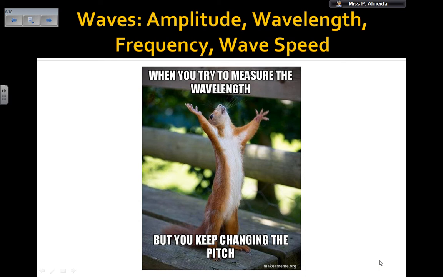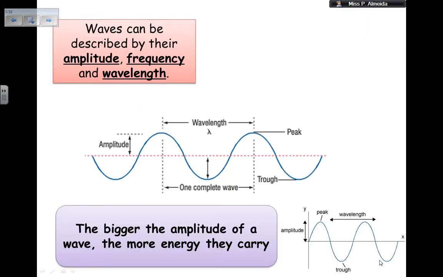In this video I'm going to tell you about terms like amplitude, wavelength, frequency and wave speeds. So, ways that you can describe a wave. A wave can be described by using these keywords that I just told you, and this is how it looks. So I have here two transverse waves actually showing, and the wavelength, as the name says, is the